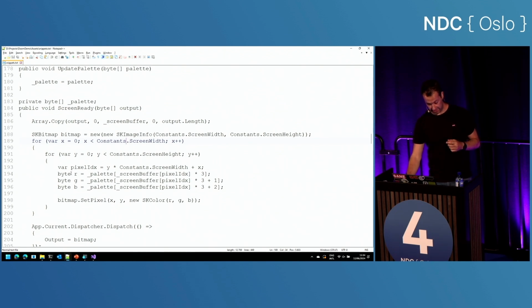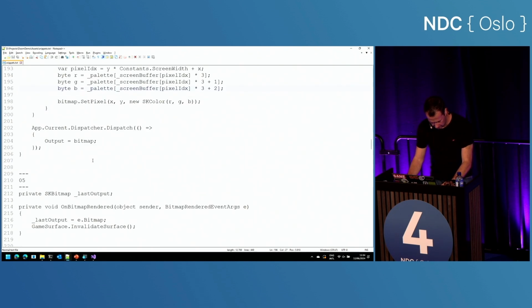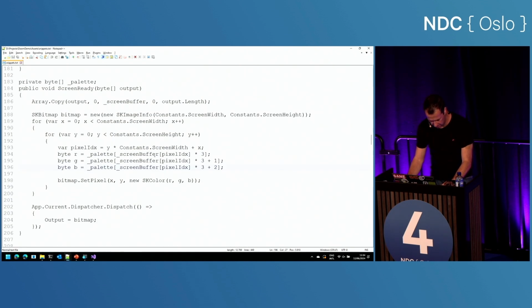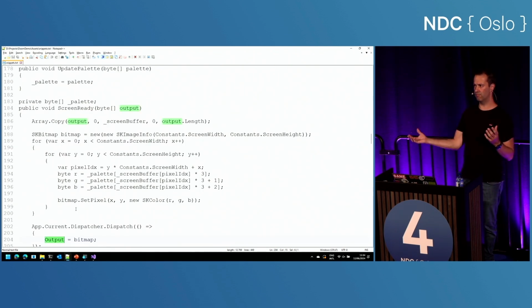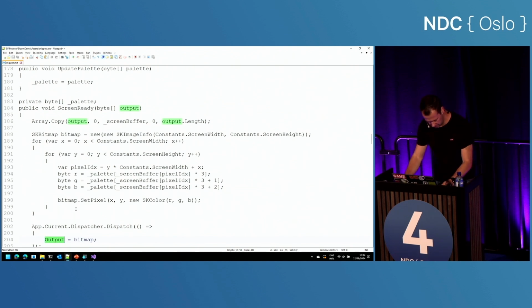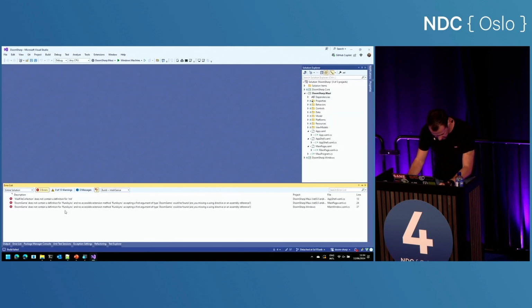And we are replacing the RGB values with the correct values from the palette manually. So we've basically built our own index 8 system. And once the bitmap is created, we're setting it to the output, and the output property is a Skia bitmap that we're binding onto a Skia canvas on screen, which in theory should make sure everything renders.